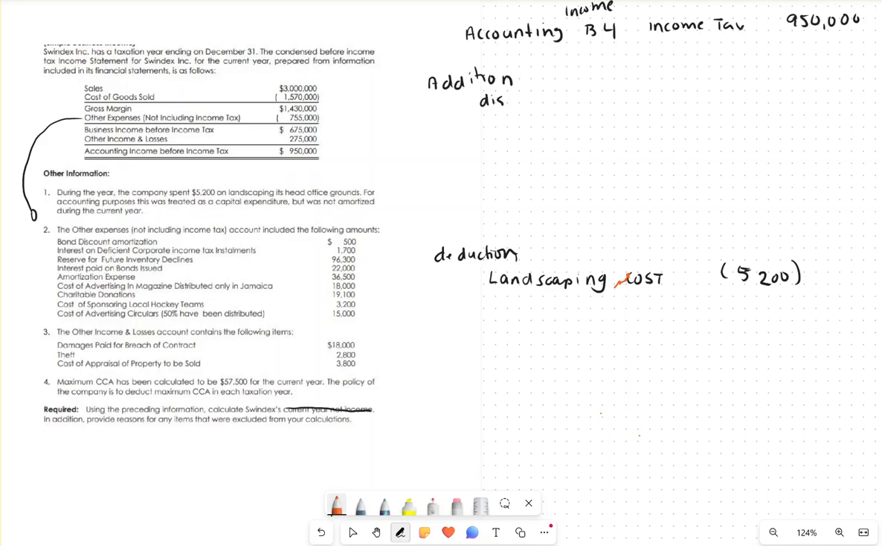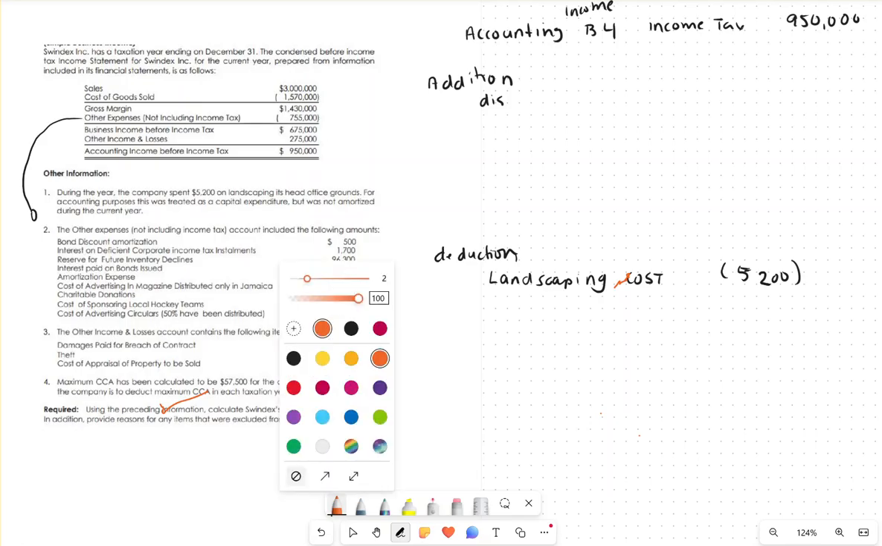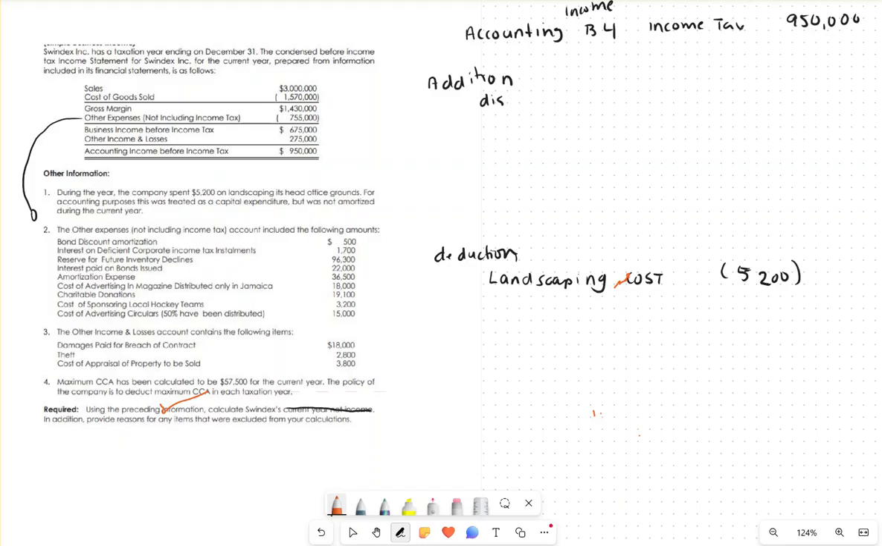Then we're going to go to our next one. The next one is interest on the deficient corporate income tax installment. So we have to pay interest on what? We're paying an interest on